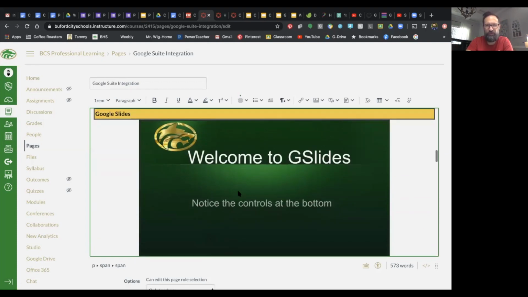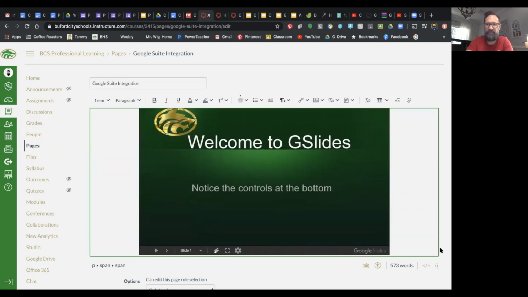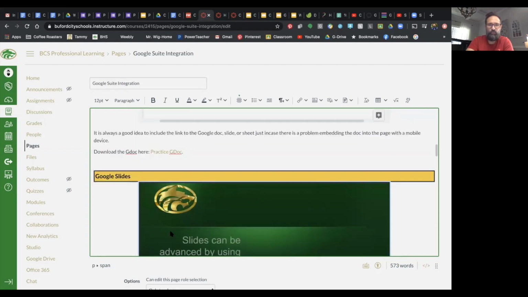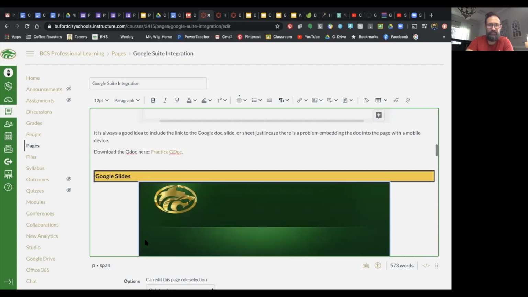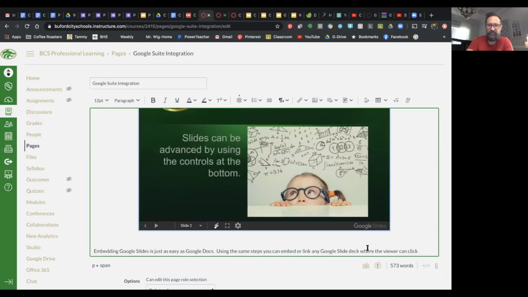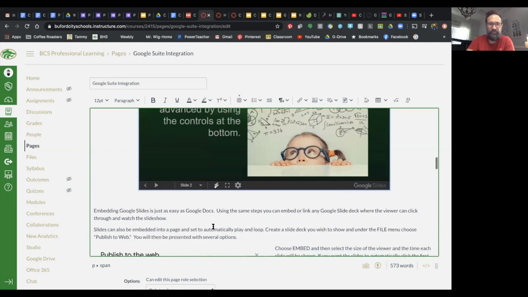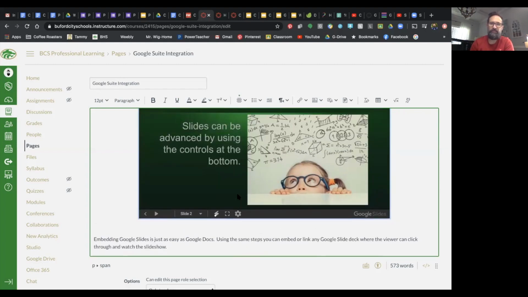Same thing with slides, although slides are a little bit different. I'm not actually editing slides. I am watching them or looking at them. Of course, you can click play, or you can manually click through the slides one at a time. If there's any animation on the slide, you can see that show up. You can have that slideshow continue and click through it, or you can also embed these slides to automatically begin playing and to loop. This one's not set up this way, but you can go into Google Slides